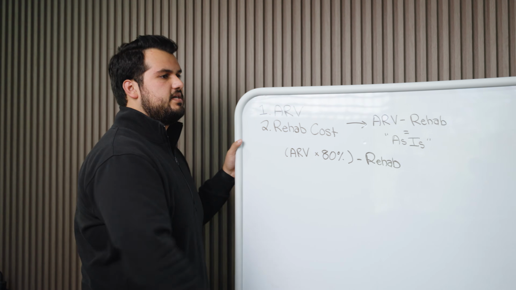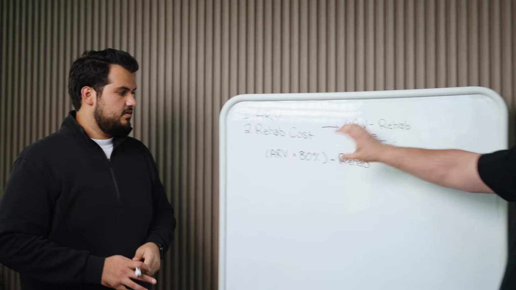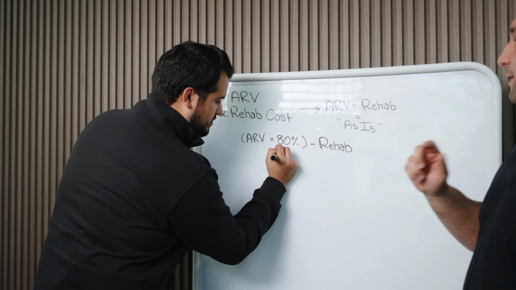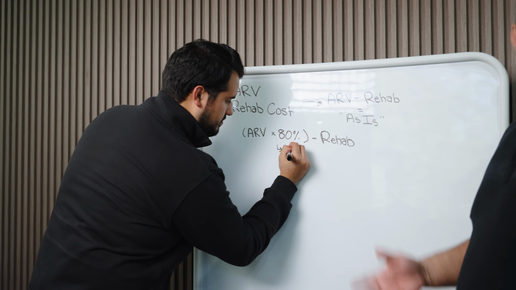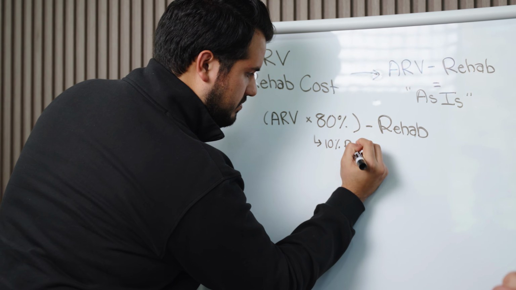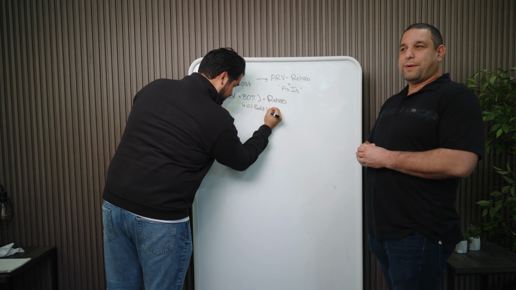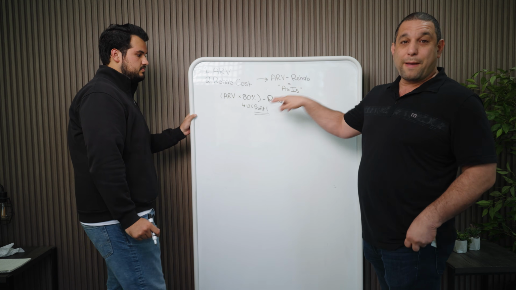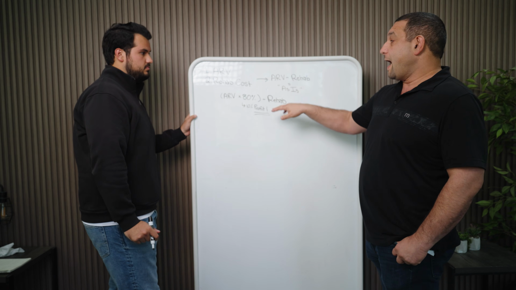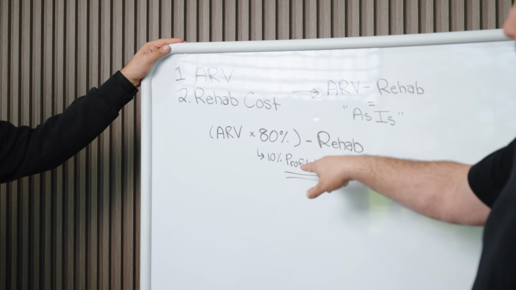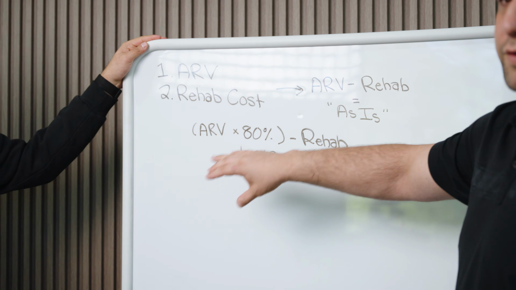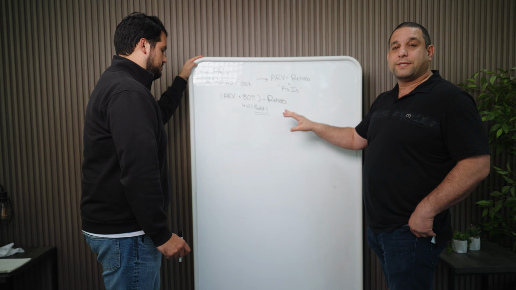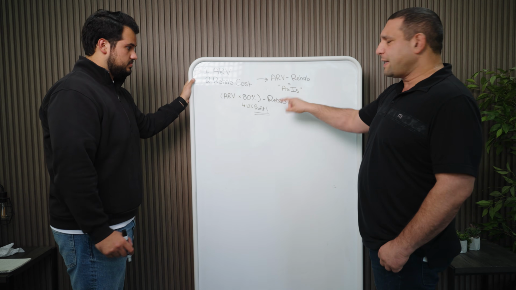So where's the 20% going? The 20% goes to, first off, you can write this down so everyone can see it. I would say the first 10% goes toward profit. I'm not gonna just do a whole fix and flip and make no money on it. I need to make money on it. Do you think I'm gonna spend all my time in a month or up to 6 months on a project without making anything? So 10% is the minimum amount of profit that I wanna make. I love to make closer to 15%, but 10%. And that's 10% of what I think it's gonna go for. So if I'm selling it for $300,000, I wanna make at least $30,000. 15% is always great, but 10% minimum, right?